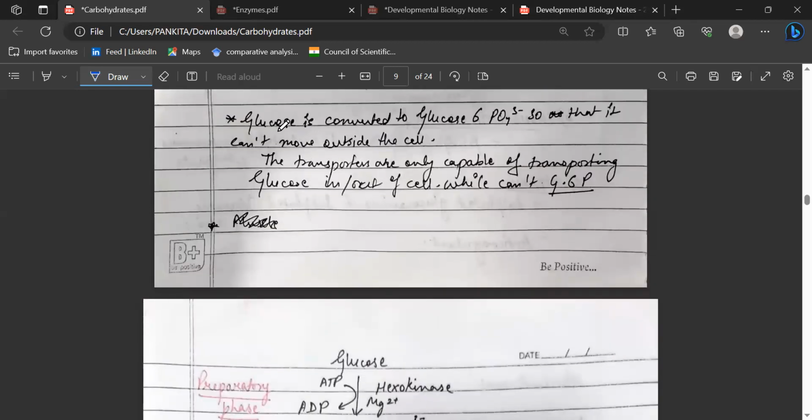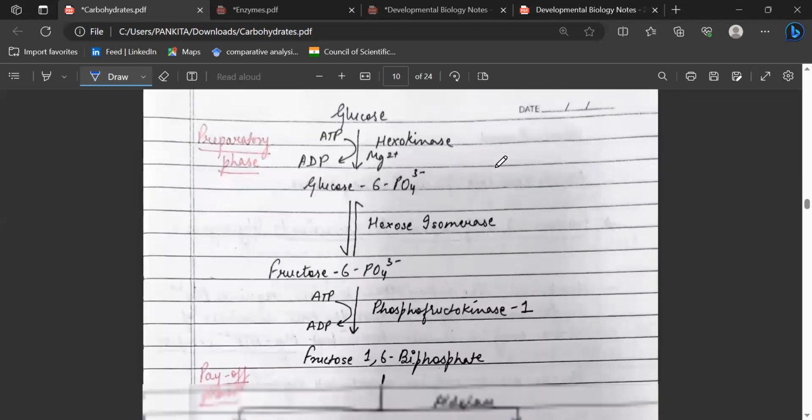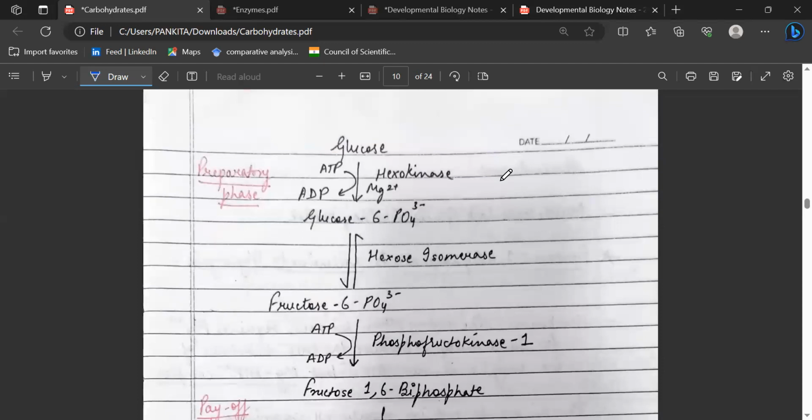To keep the glucose inside the cell, it is first converted to glucose 6-phosphate, because the transporters are not capable of transporting glucose 6-phosphate out of the cell. So this begins the glycolysis. The first phase is the preparatory phase. Glucose is first converted into glucose 6-phosphate by the action of hexokinase, with magnesium ion as the cofactor, and one ATP is used to carry out